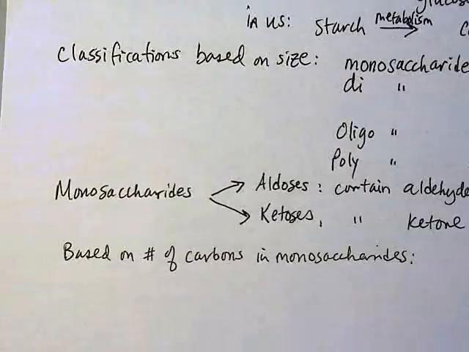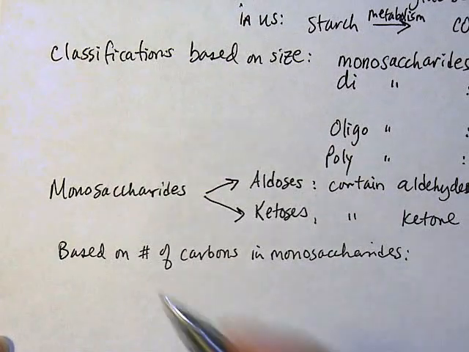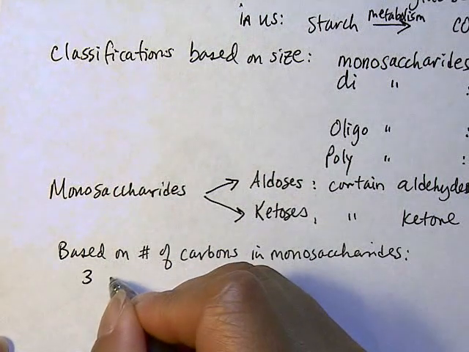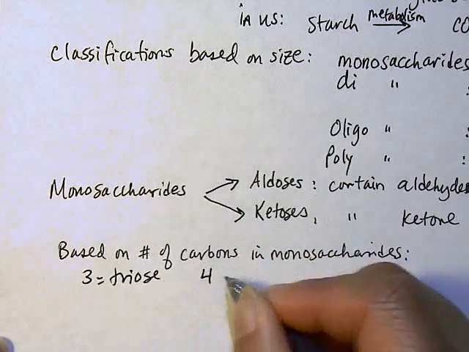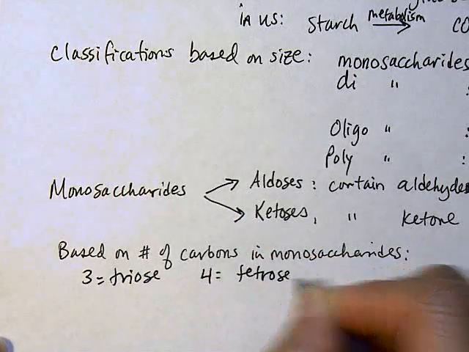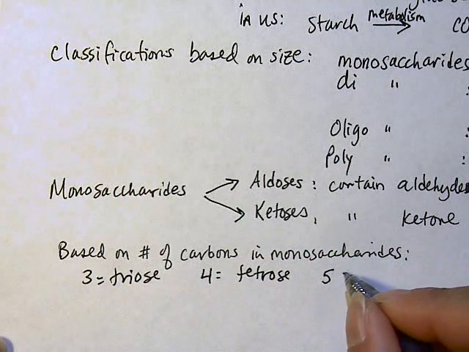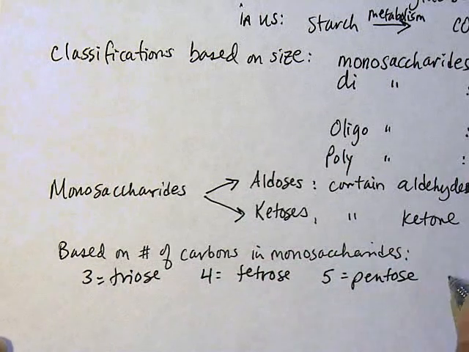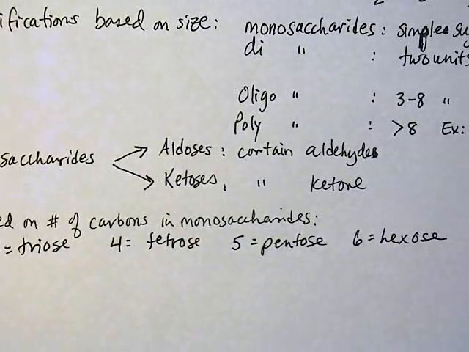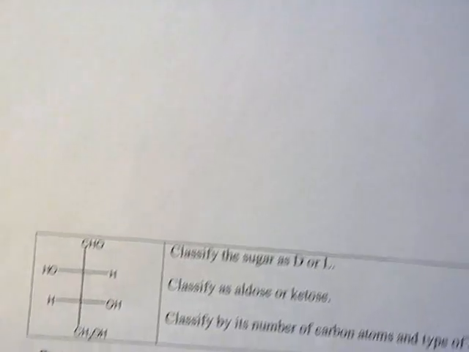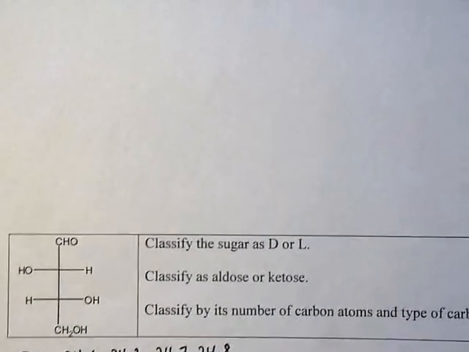So if the total number of carbons is 3, then this is called triose. If it's 4, it's called tetrose. If it's 5, it's called pentose. If it's 6, it's hexose, etc. If you look at a structure of a sugar, for example, down below I have it in a box,